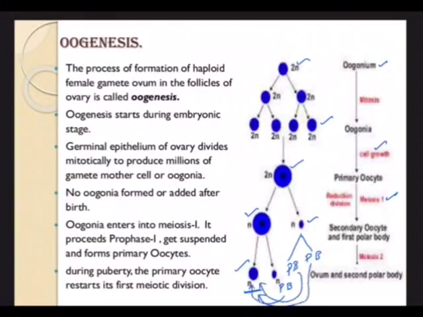So totally there are 3 polar bodies and 1 functional ovum, and all these 3 polar bodies will become food for this growing ovum. So luckily, in a female, when she becomes biologically matured, only 1 functional ovum will be present in a month. Imagine, in spermatogenesis, from one sperm mother cell we got 4 sperms, whereas in female, thank God, it's only 1. With that only, our population is 130 crores. That's altogether a different story, of course. So oogonia enters into meiosis 1 and meiosis 2 and forms these structures.